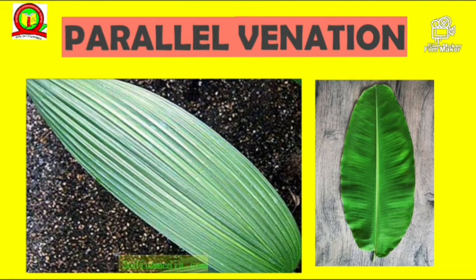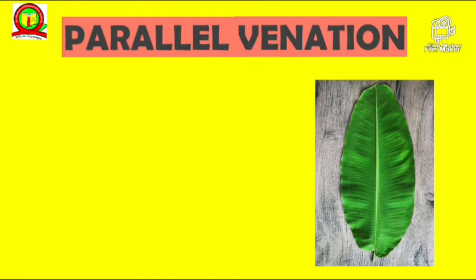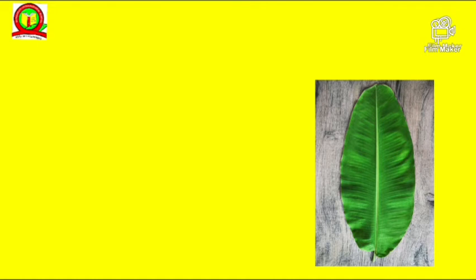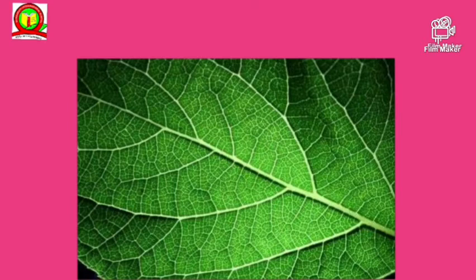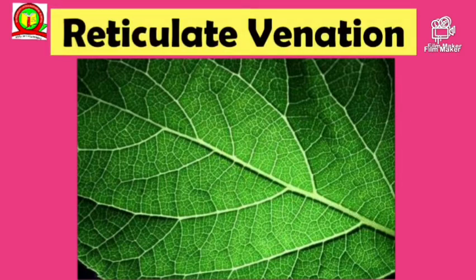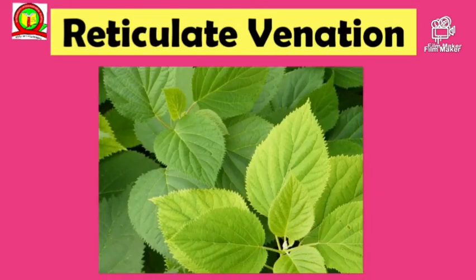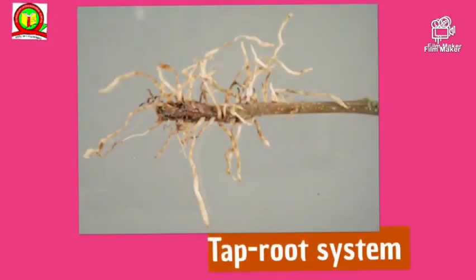The arrangement of veins on a leaf is called the leaf venation. And when the veins on either side of the midrib are parallel to each other, we call it parallel venation, like here in the case of the banana leaf. In the plants with the taproot system, the veins form a net-like design on both sides of the midrib. This type of venation is called reticulate venation. For example, the hibiscus leaves have reticulate venation. So we can say the hibiscus has a taproot system.